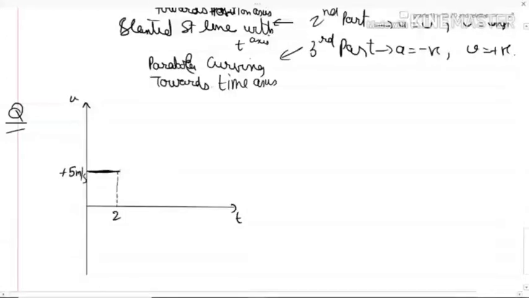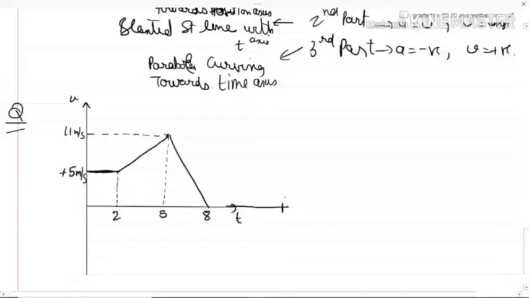And then velocity suddenly rises and becomes 11 meter per second in 5 seconds. So nothing much, I've just changed the shape. Will you be able to do it now? Alright, I needed to include something in the negative direction as well. I'll increase the difficulty level for you. No big deal.